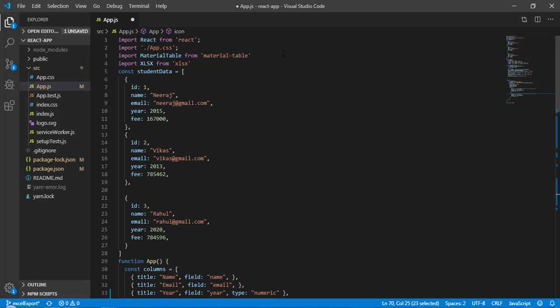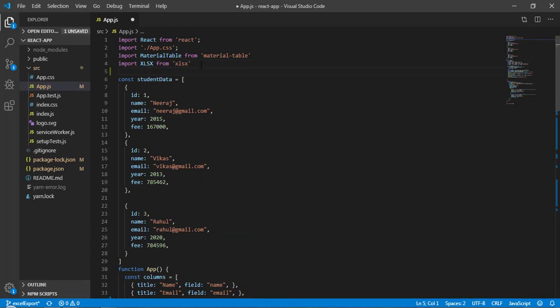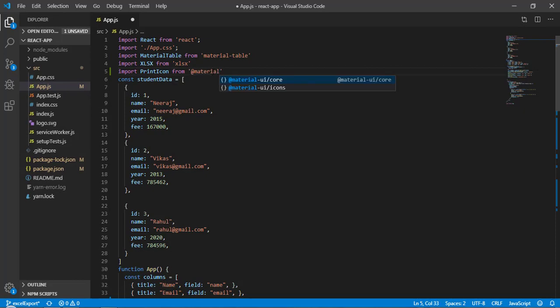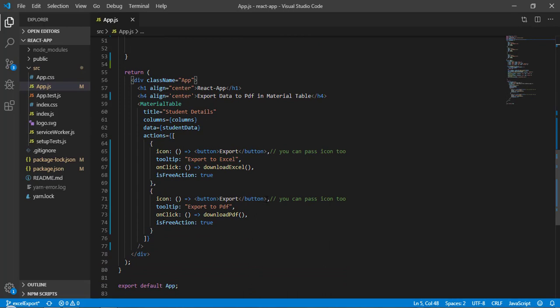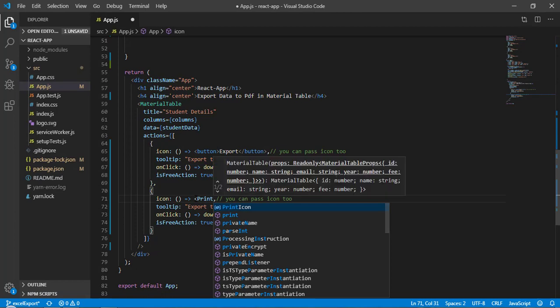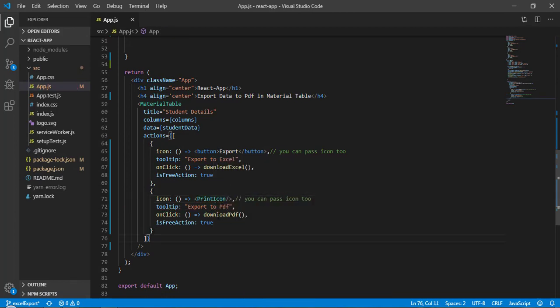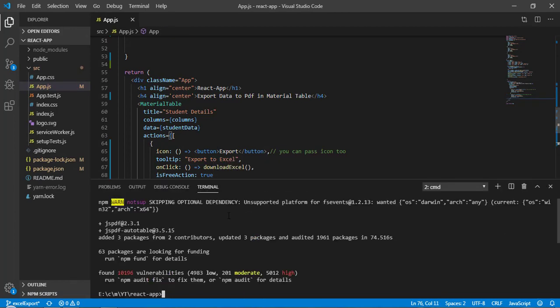So let's import an icon. Okay, so import, and that is going to come from material icon slash print. Okay, so now let's come back here, and here instead of rendering this, I will render the print icon. So now this function doesn't exist, so it is going to give me an error.